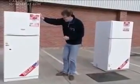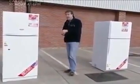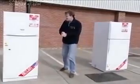Then there was this, the Toyota Corolla. By adopting a no-nonsense attitude to...